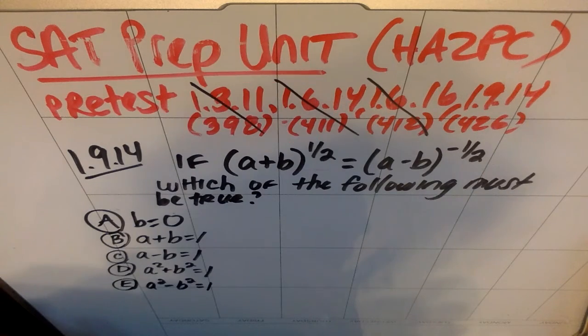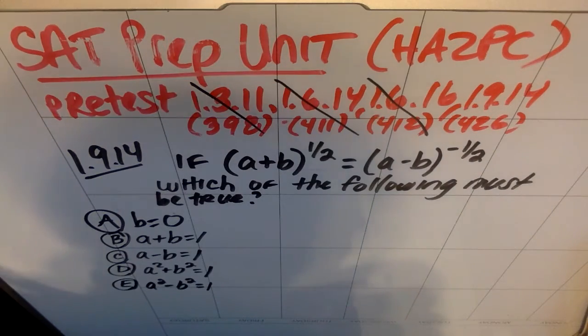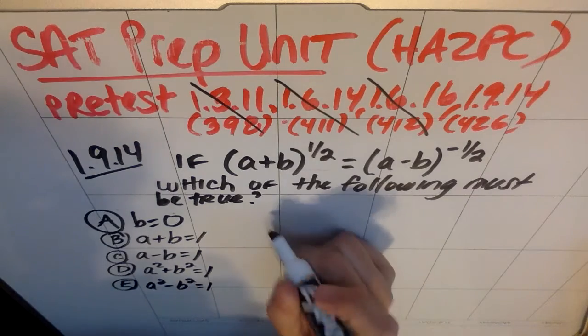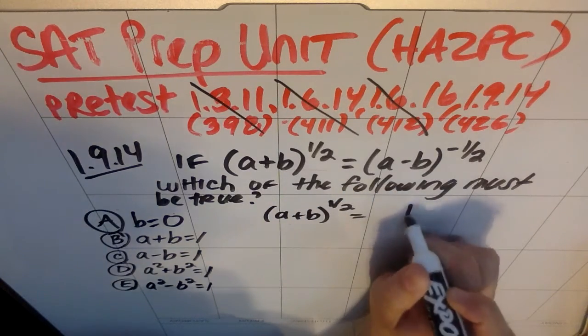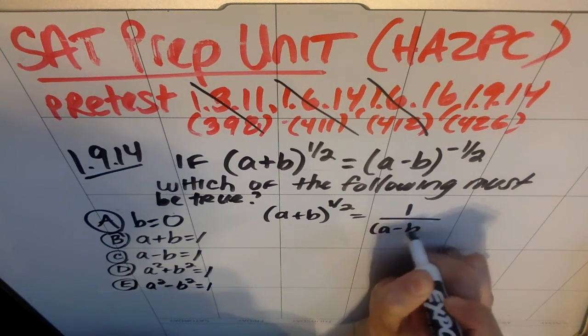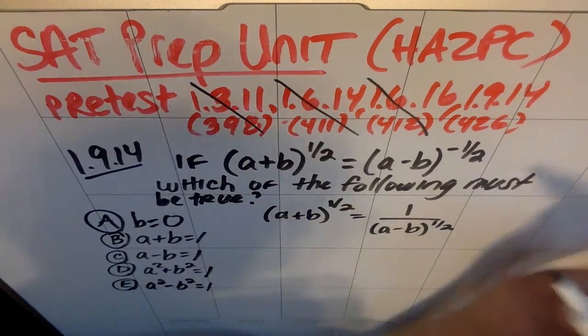So I listed the multiple choice answers because sometimes we can inform our decisions based on the multiple choice answers. This is listed as hard in the back of the book, so it's a little bit tricky, but let's walk through it. So I have this a plus b to the 1/2, and on the other side, I'm going to write this as 1 over a minus b quantity to the 1/2 because I know the negative exponent means